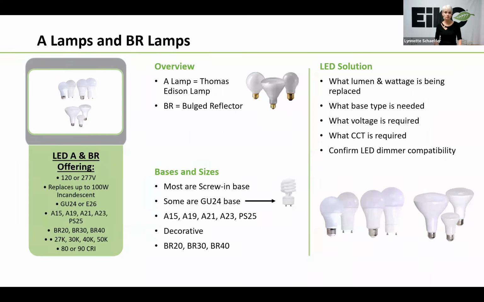Now, these are commonly used in residential applications. Also, the BR lamp is very common in these types of applications. Now, most BR lamps and A lamps have that screw-in base, but there's also a GU24 twist-lock base, which was commonly used from about 2008 to about 2017, especially in California, because it provided compliance to the 2008 California